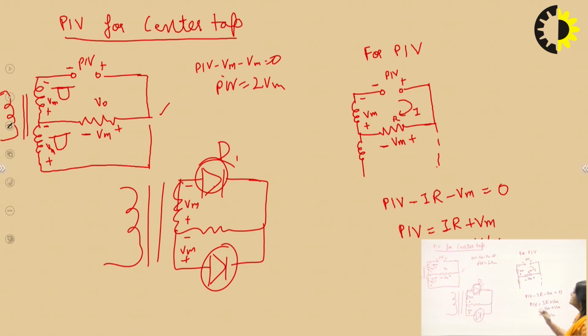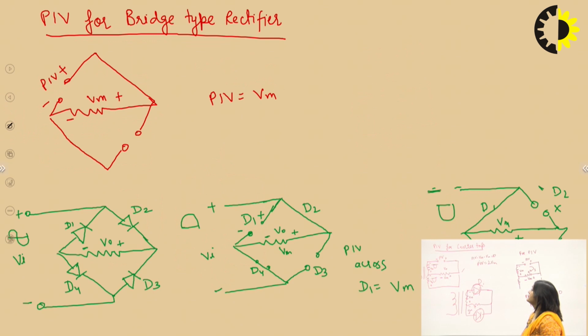And this circuit depicts the PIV value of this other diode only. For taking the PIV value of this diode, we have to maintain this diode in reverse bias, so we will take the positive half cycle. For the positive half cycle, the output will be V0. So here we will find the PIV equal to 2 Vm. So in center tap rectifier, the PIV value for both diodes is 2 Vm.